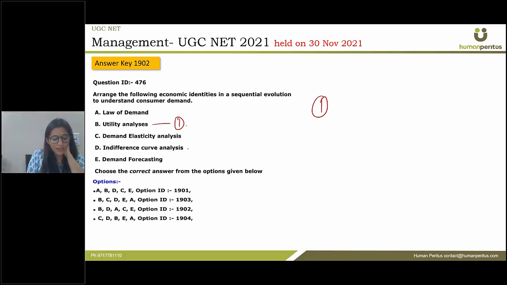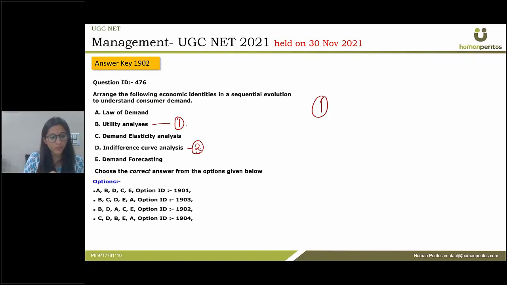All right. The second they would do is indifference curve analysis. Indifference curve analysis would show all the combinations of goods that provide an equal level of utility or satisfaction to the consumers. So what happens is, when the firm tries to introduce a product, it would first of all understand the utility that the product would give to the customers, and then certain combinations of products that would provide a similar kind of utility to the customers.